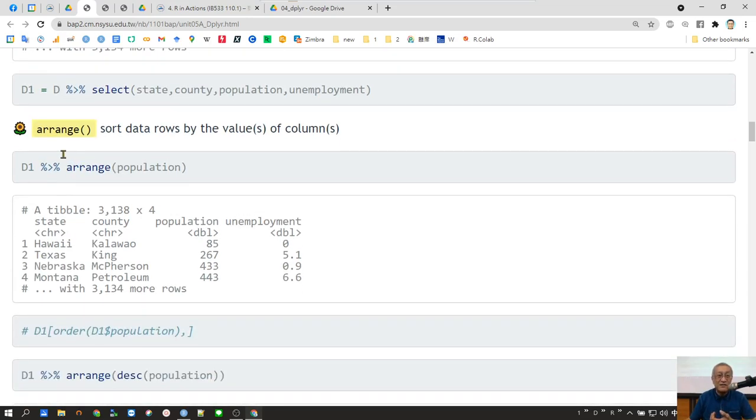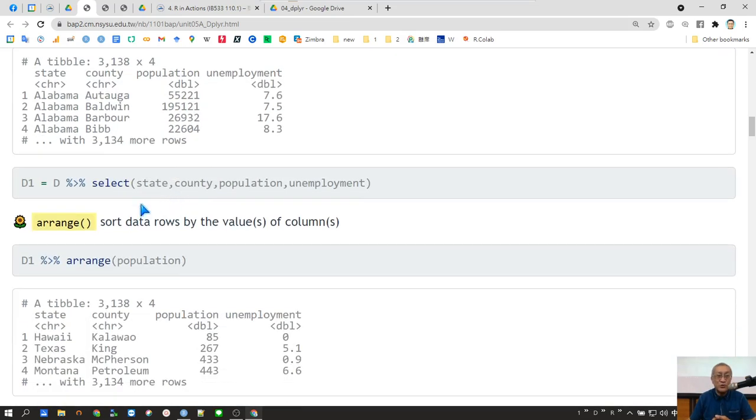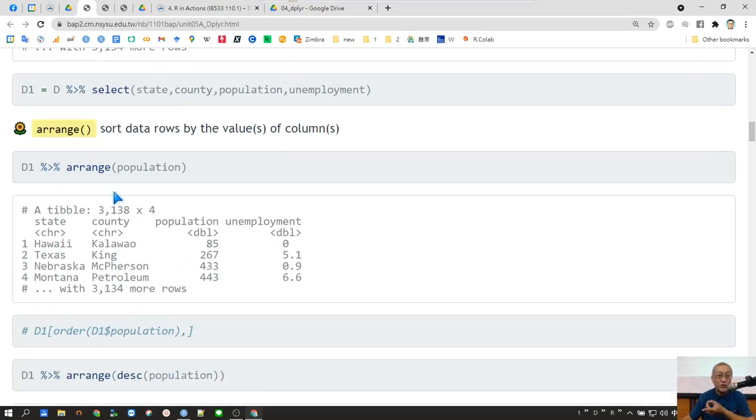And then the second function is called arrange. Now arrange is to do what? It is to sort the data, right? Is to sort the records by something, right? You want to do the sorting, you have a key, right? With what value do you want to sort? So we can sort with population, we can sort with the employment ratio, we can sort with everything,